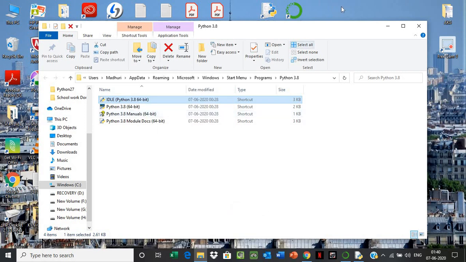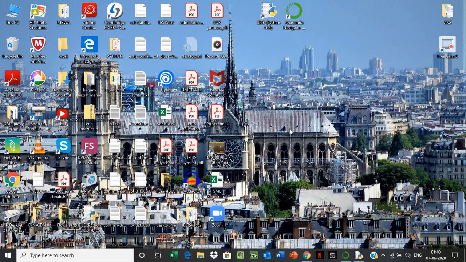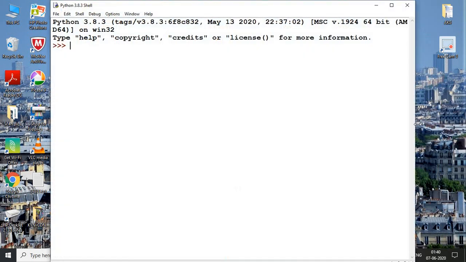Okay, do that, done. See where it has opened. Look at this, this is the IDLE Python 3.8 64-bit. So you double click it, and the window will open. So this is the IDLE window where you will work.